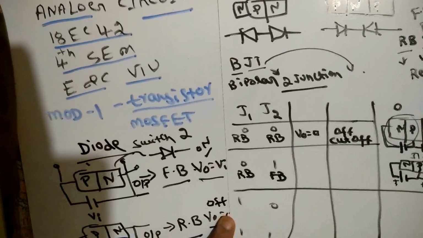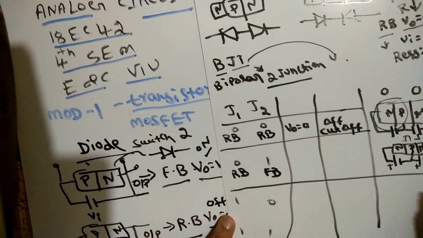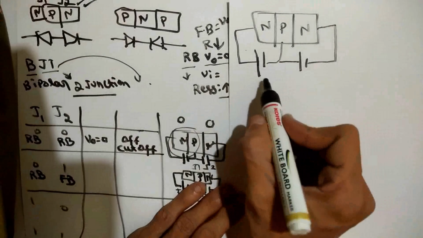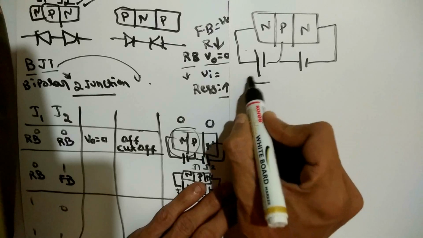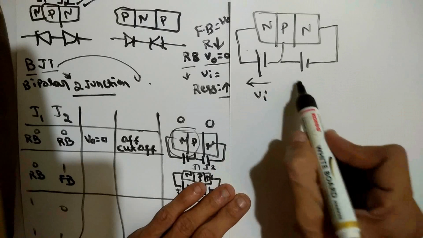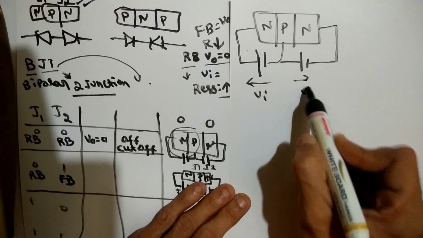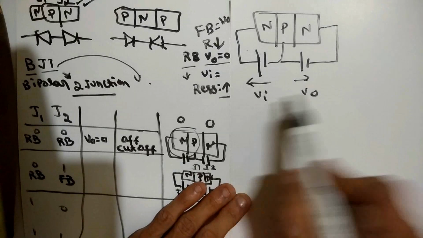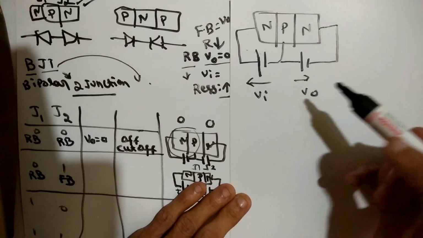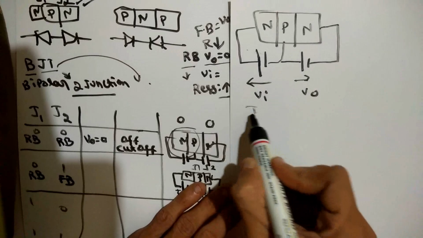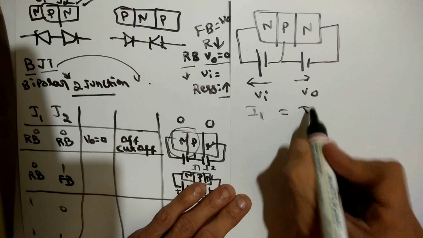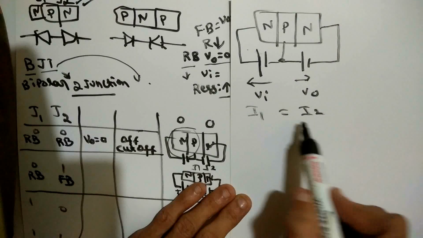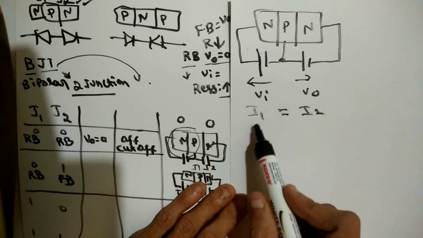Now what happens in this case? If you take the circuit in the transistor, whatever voltage is applied we call Vi, and whatever voltage is at junction 2 we usually call V0 or V2. Now in this case, the current in both cases is the same, I1 is equal to I2. The current leaving or entering the node remains the same. So I1 is equal to I2 for the junction current.